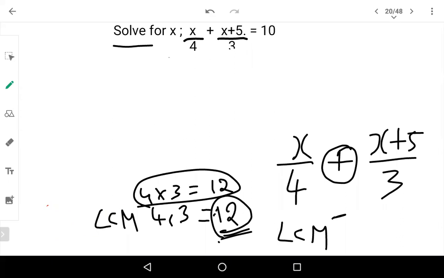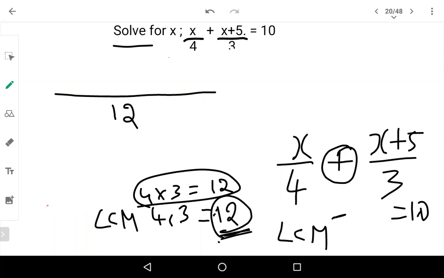Okay. Now, how do we put this LCM into the expression? Let us see that. Only LHS we are considering. We are not going to RHS. RHS is nothing but is equal to 10. That's all. So only LHS if you consider, 4 into 3, 12, which we already found. So we'll write that. The LCM of the denominator is 12.